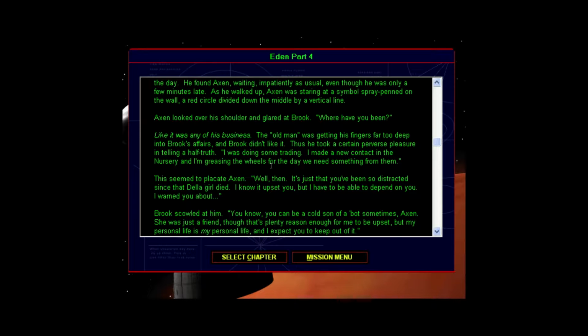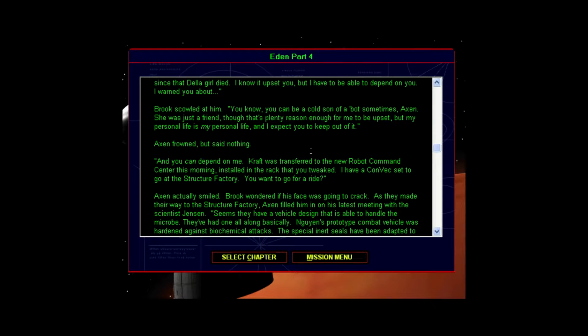Like it was any of his business. The old man was getting his fingers far too deep into Brooke's affairs, and Brooke didn't like it. Thus he took a certain perverse pleasure in telling the half-truth. I was doing some trading. I made a new contact in the nursery, and I'm greasing the wheels for the day we need something from them. This seemed to placate Axon. Well then, it's just that you've been so distracted since that Della girl died. I know it upset you, but I have to be able to depend on you. I warned you about...